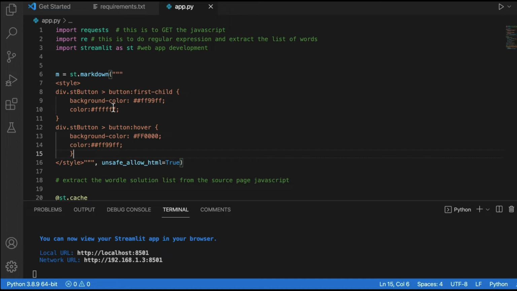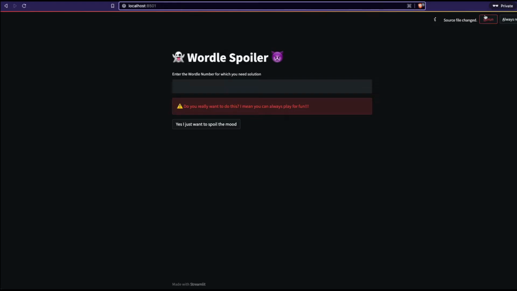This is done by two elements. First of all, you have a normal button, and for that button you select the background color and the font color. As we change it, for example, if I change the color to AA99FF, let's see if it's even a valid color. It doesn't look like a valid color.